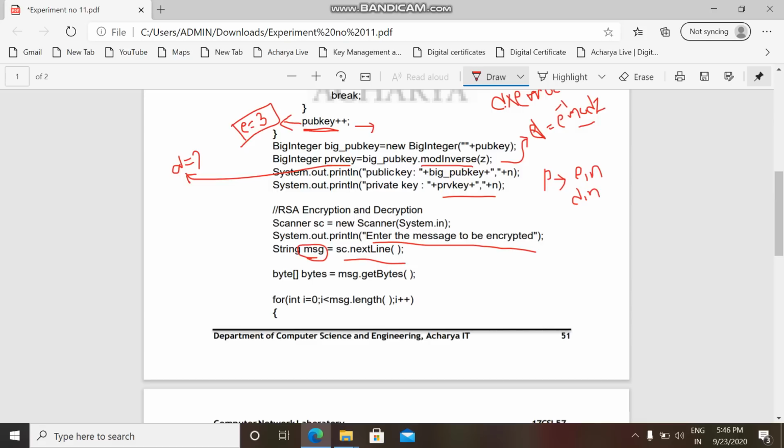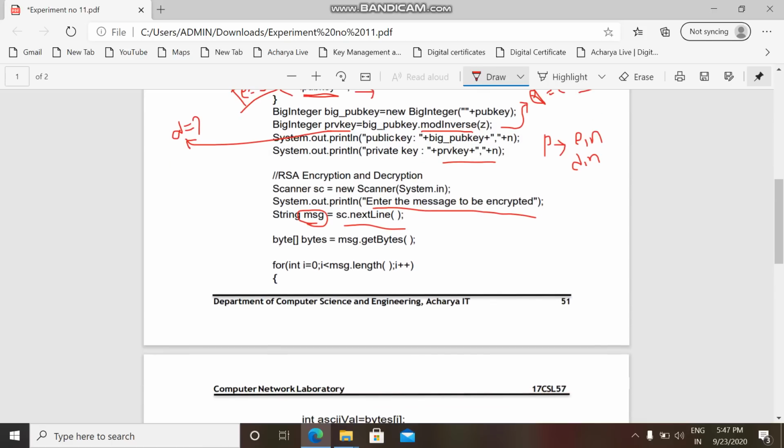It encodes a given string, which is stored in message, into a sequence of bytes and returns an array of bytes. So this is a variable of type array of byte. Since we have to take each and every character and then do encryption, that is the reason we are doing this.